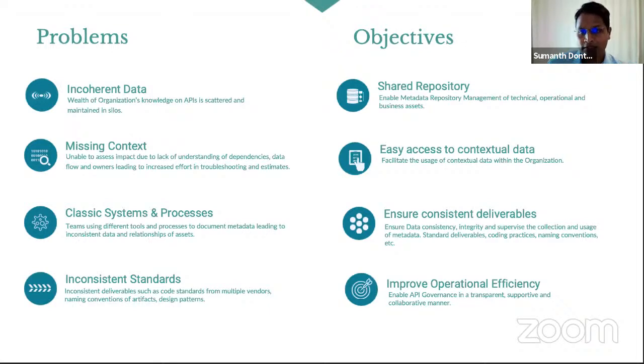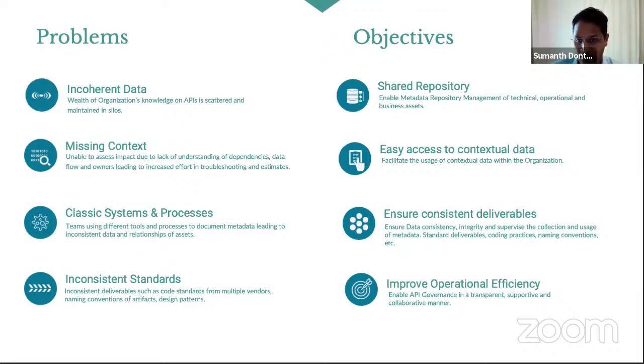So the problems: we have a wealth of knowledge on APIs, but they are scattered and maintained in silos. A lot of data is missing context. We don't understand the dependencies because they are maintained in silos. As a result of this, troubleshooting and providing estimates has often been a challenge for us.